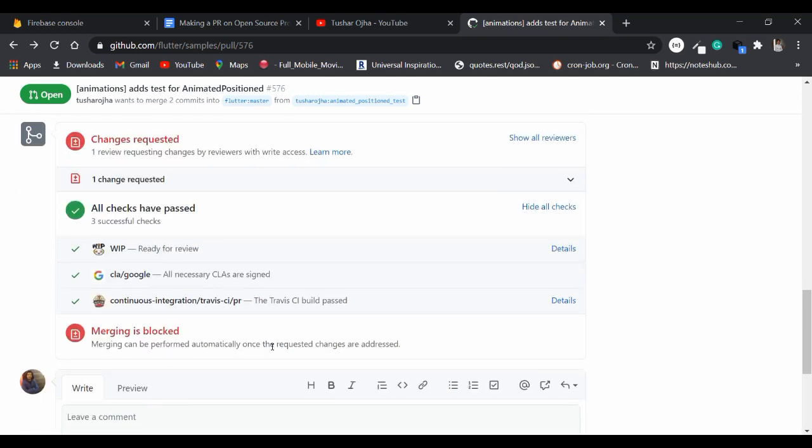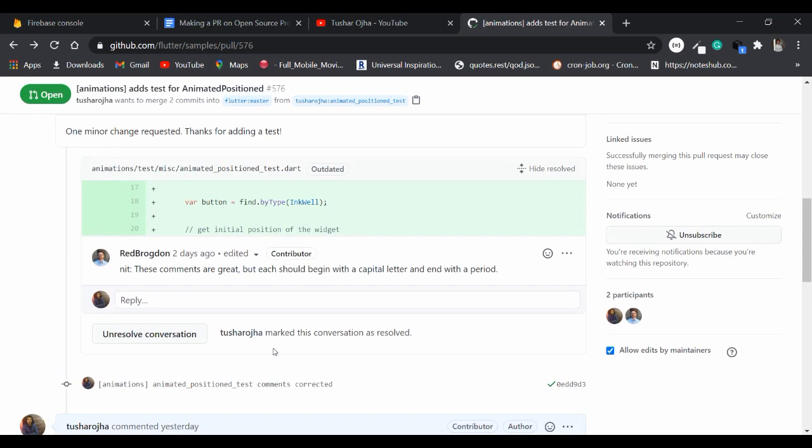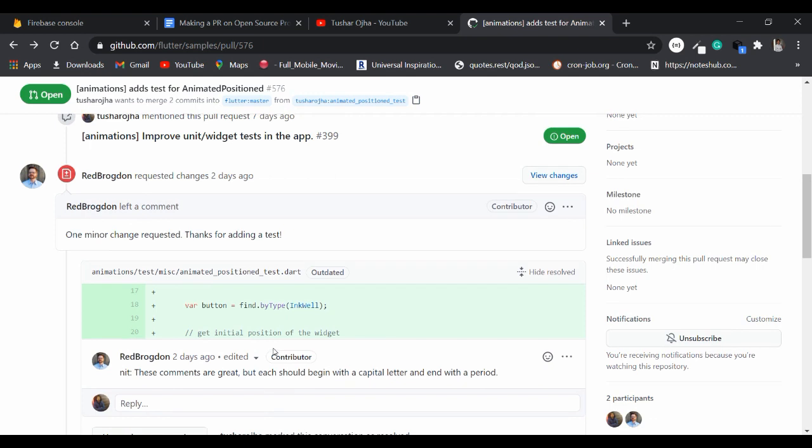Now they just review the code again, and if they find it worthy enough to merge, they will merge it. So this is how you create a pull request, and I have also elaborated why we should create a branch and what its real implementation is. My branch is still synced to the master, which is the main repository, and I have added some extra code to it.